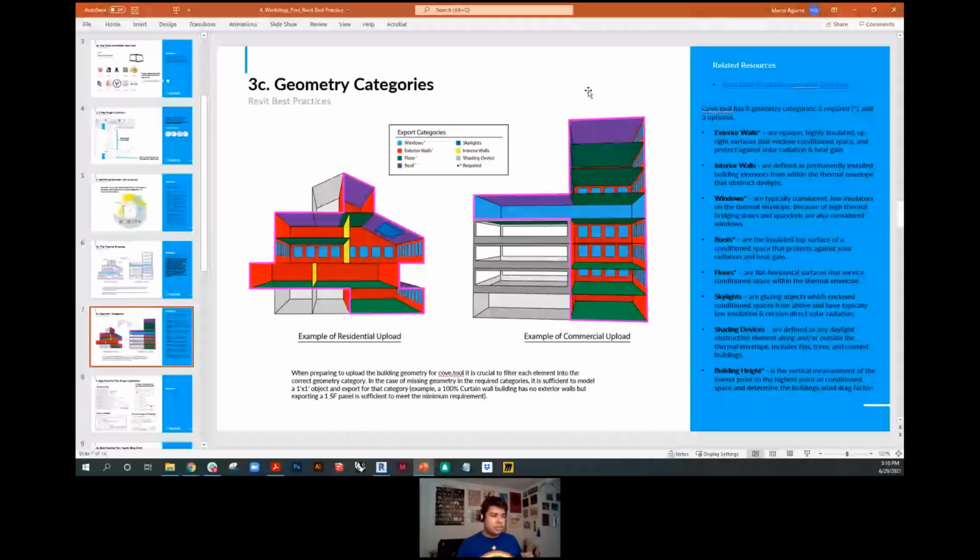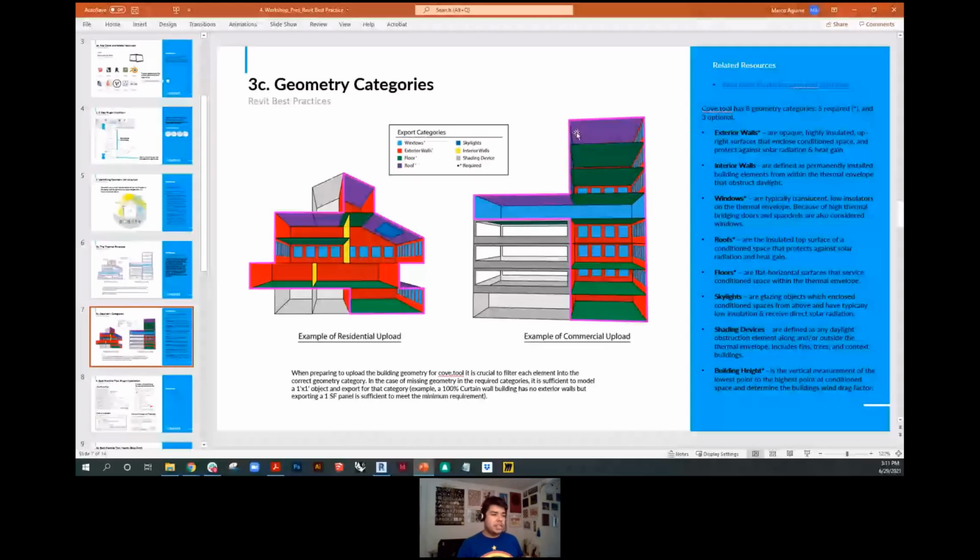If you have to break up your geometry in a mixed use export, where you have your first program at the bottom and then your second program is the rest of the building, even though you've split your building into two sections and you would think that this middle level between those two programs is a roof object, it isn't. We really need to make sure that it fits the climate conditions of what we're defining as a roof. So that's just going to be a regular floor ceiling object,